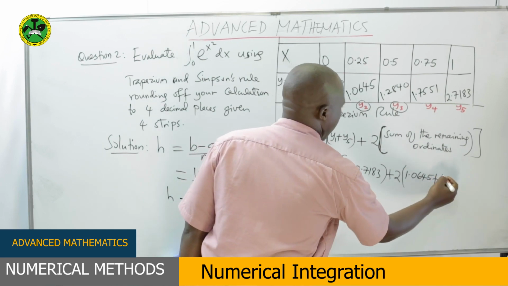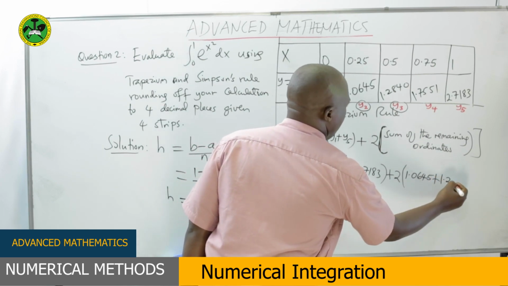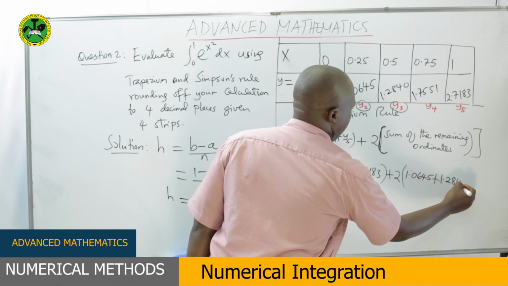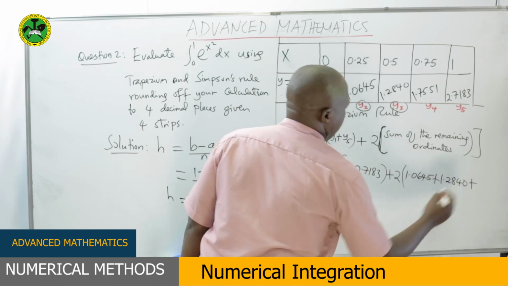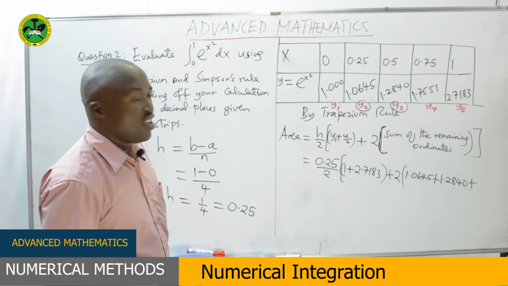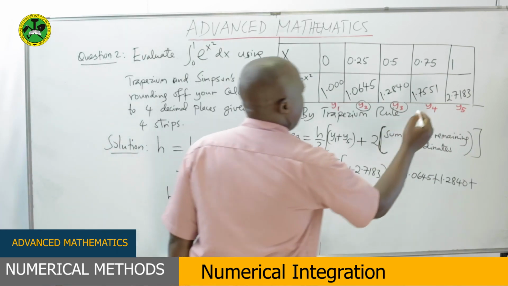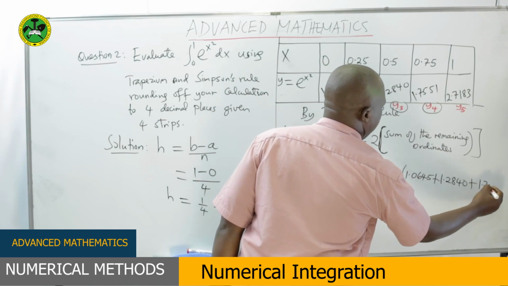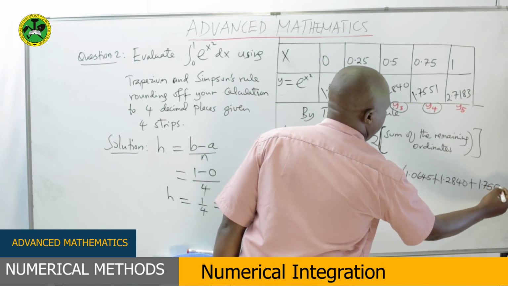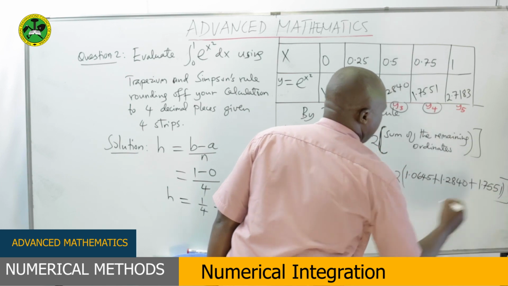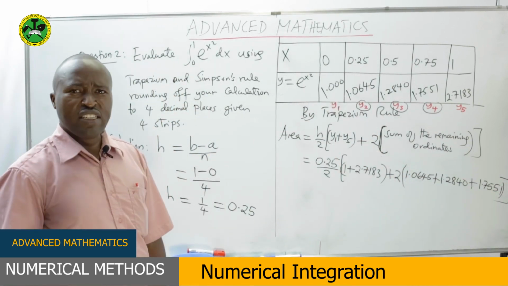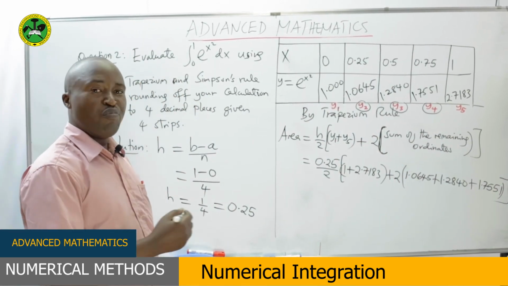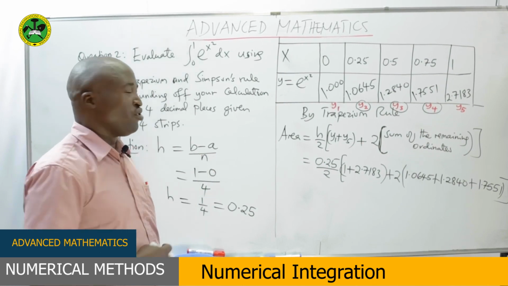So we are going to have 1.2840, then plus y4, this one, which is 1.7551. So in this case, you can take your calculator again to compute the area by using the approach of